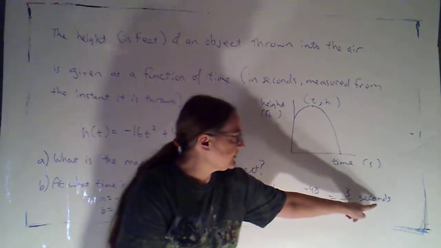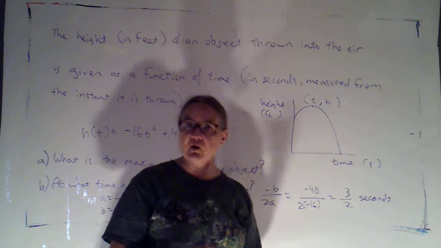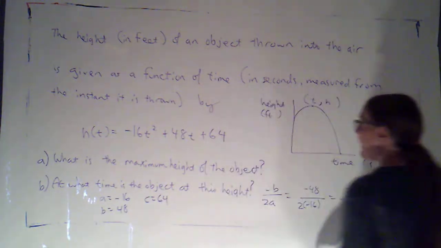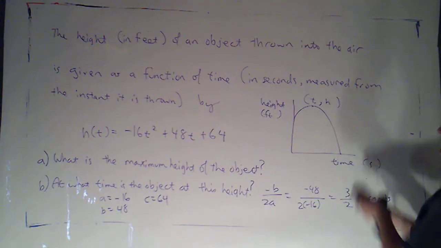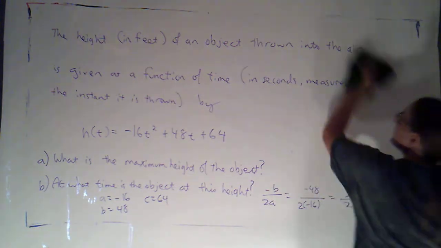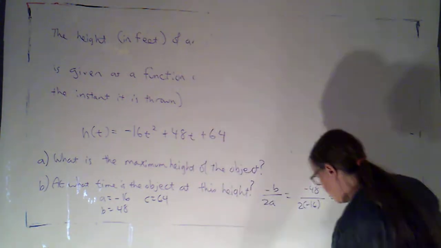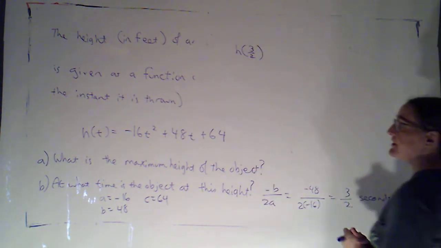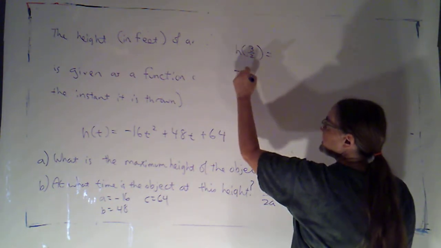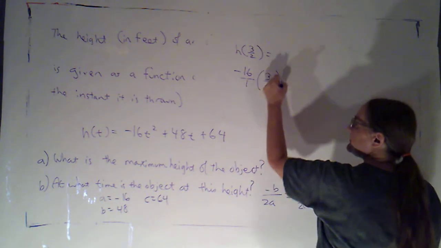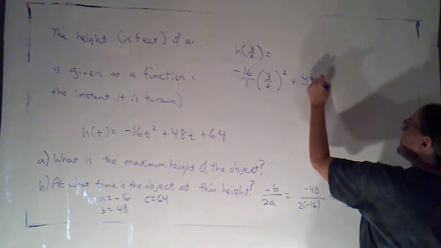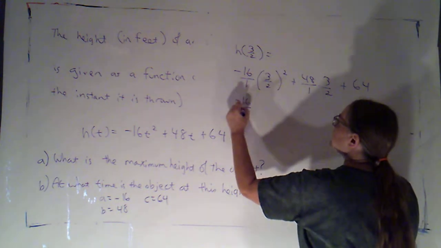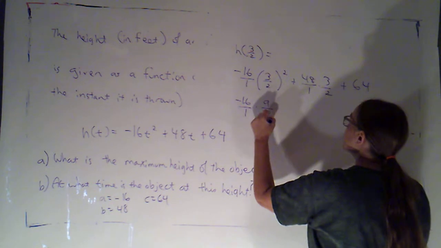Notice I did make sure to include the units. That wasn't 3 halves of an hour, that was 3 halves of a second. And what is the maximum height? Well, to find that, I'm going to have to just plug in. I'm going to erase my beautiful picture here because I need some space. So we're just plugging in the height at 3 halves. We're plugging in 3 halves to calculate that. So that's going to be negative 16 over 1 times 3 halves squared plus 48 over 1 times 3 halves plus 64. So that's negative 16 over 1 times 9/4